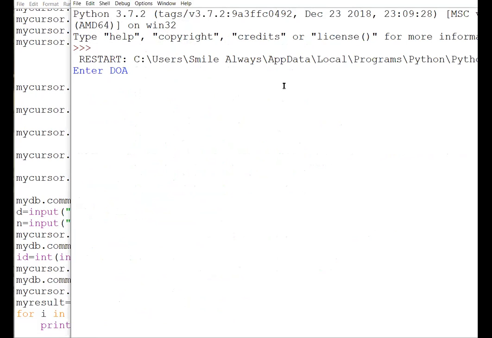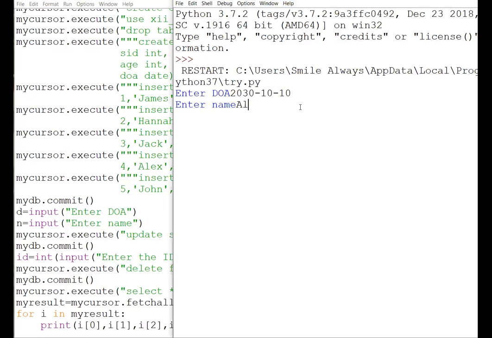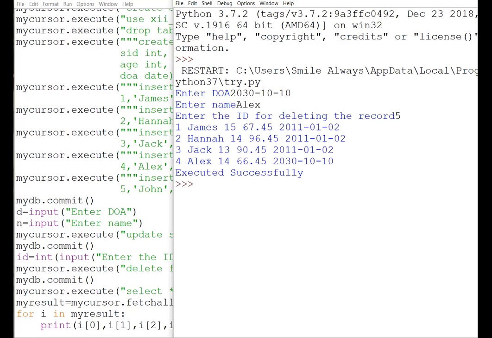Date of admission, you can give anything, for example 2030-10, and for any one student, I am giving for Alex. ID to be deleted, the 5th one I wanted to delete. Now you can see for Alex the date has been changed and the 5th record has been deleted.